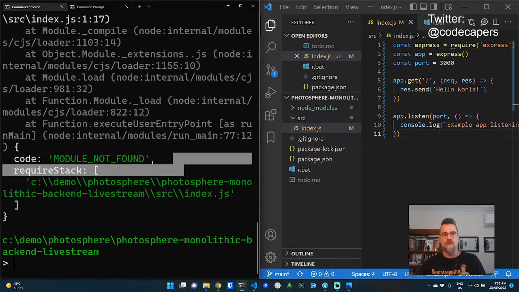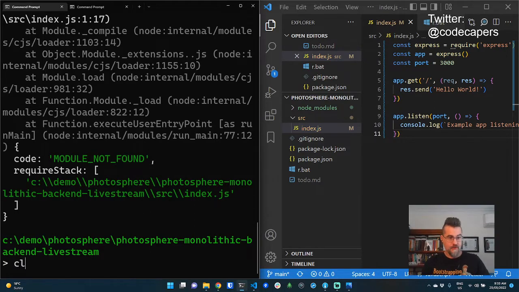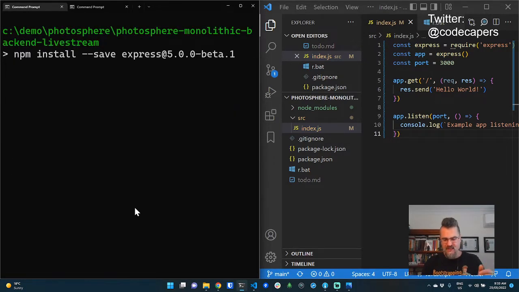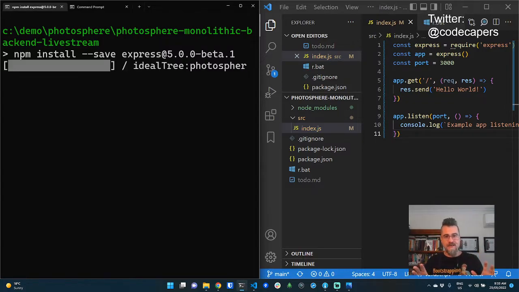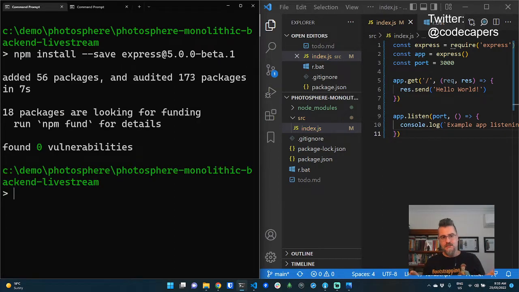Now, I'm not going to install the normal version of Express here. I want to install the version 5 beta. The reason for that is so that I can have async route handlers later on. When we come to that, probably in the next session, I'll show you what that means, and I'll remind you why we're using Express version 5, the beta of version 5. I should have something working here.